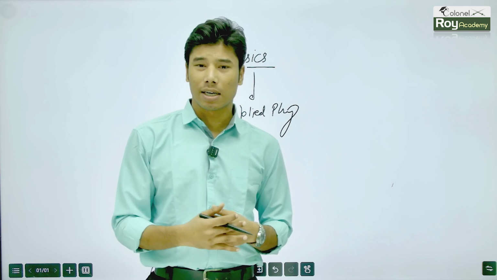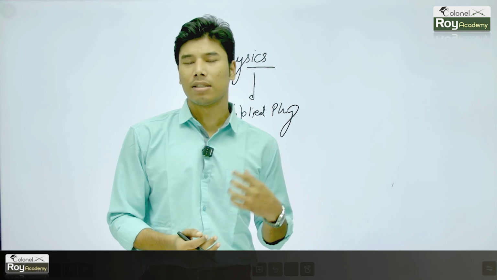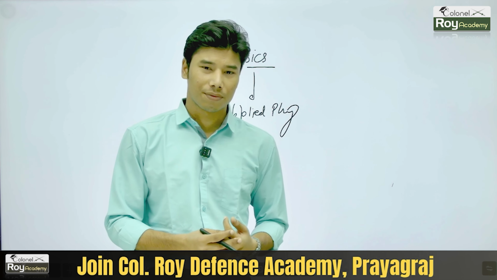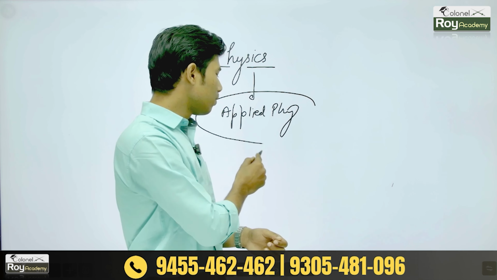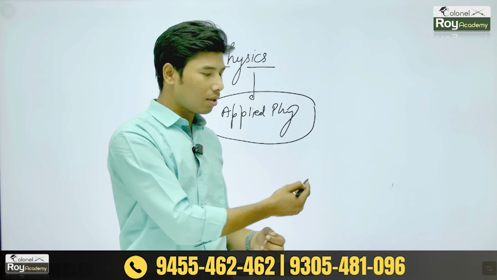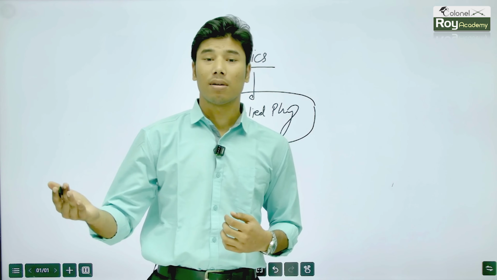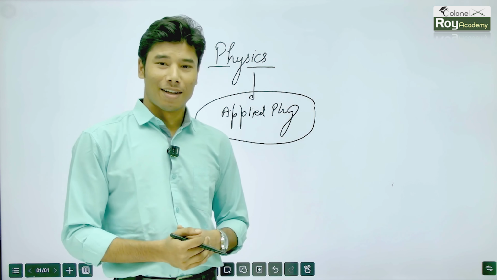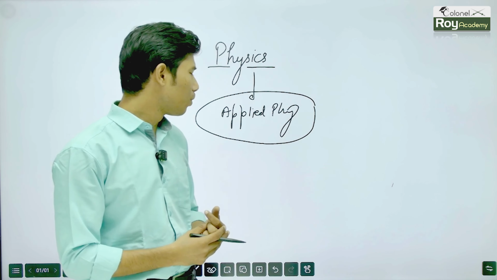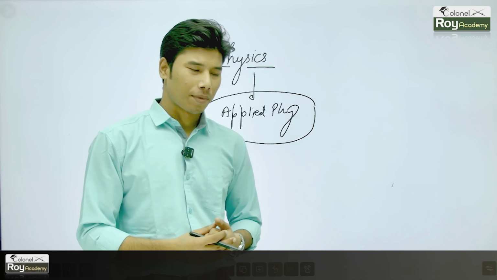And basically, what the UPSC asks is general science, and in general science, the physics section is all applied physics or applied sciences, and we need to study not at the higher level. We need to come down to the moderate one, and I hope you are going to be in this journey.